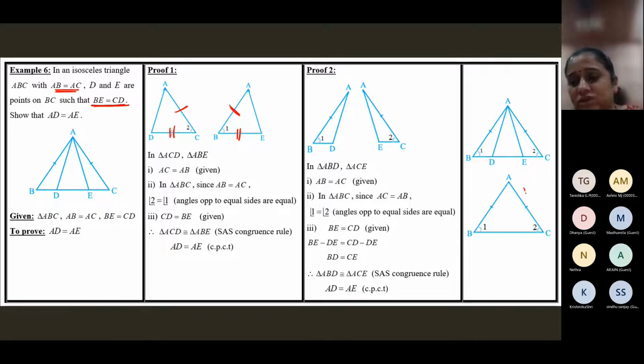And now come to this figure, children. Now in triangle ABC, we know that AB is equal to AC. And by the theorem, when two sides are equal, the angles opposite to them are also equal. So that way we have angle 1 is equal to angle 2. I've marked it here for you in the whole figure, and I've shown it separately also. These two figures are just for us to understand. See here are angle 1 and 2.